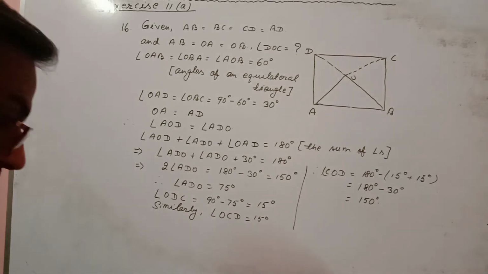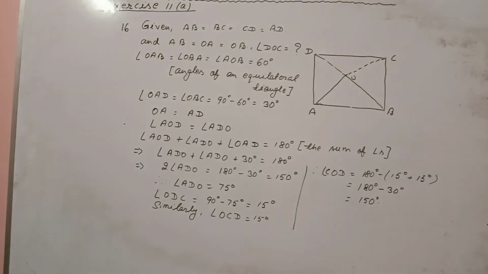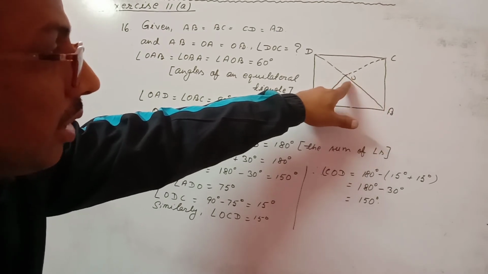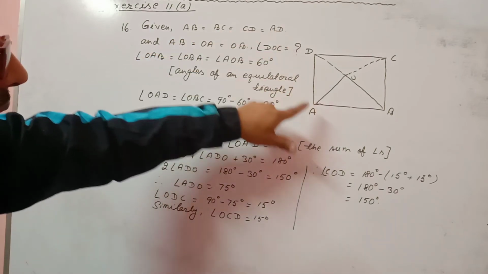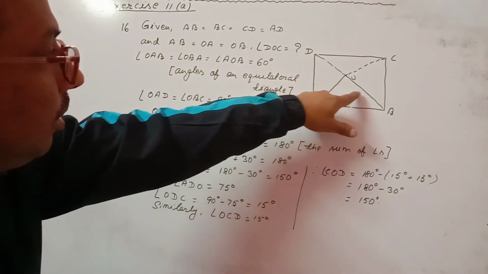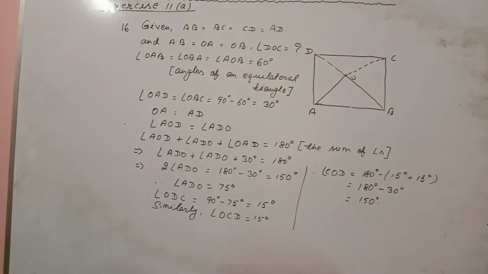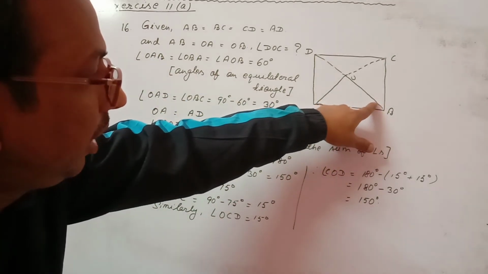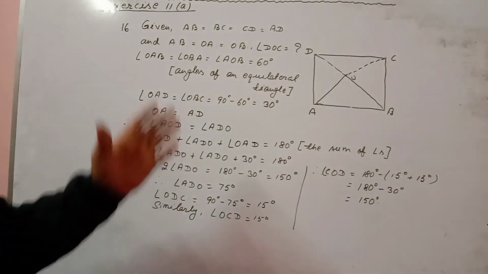Have a look at question number 16. ABCD is a square, ABO is an equilateral triangle inside the square, find DOC. This ABCD is a square and ABO is an equilateral triangle, and O is inside the square. Since ABCD is a square, I wrote AB equal to BC equal to CD equal to AD, and AOB is an equilateral triangle. For that I wrote AB equal to OA equal to OB. Now as we know, each angle of an equilateral triangle is 60 degree. So angle OAB equal to angle OBA equal to angle AOB equal to 60 degree.